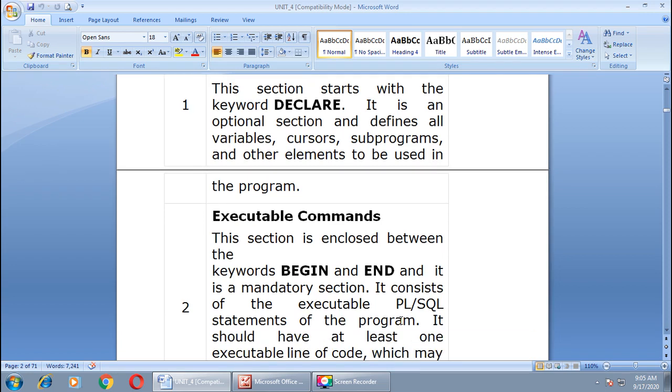The executable commands we write in the executable section with the keywords begin and end. The section starts with the keyword begin and ends with the keyword end, and this is the mandatory part of your anonymous block. Anonymous means no-name block.